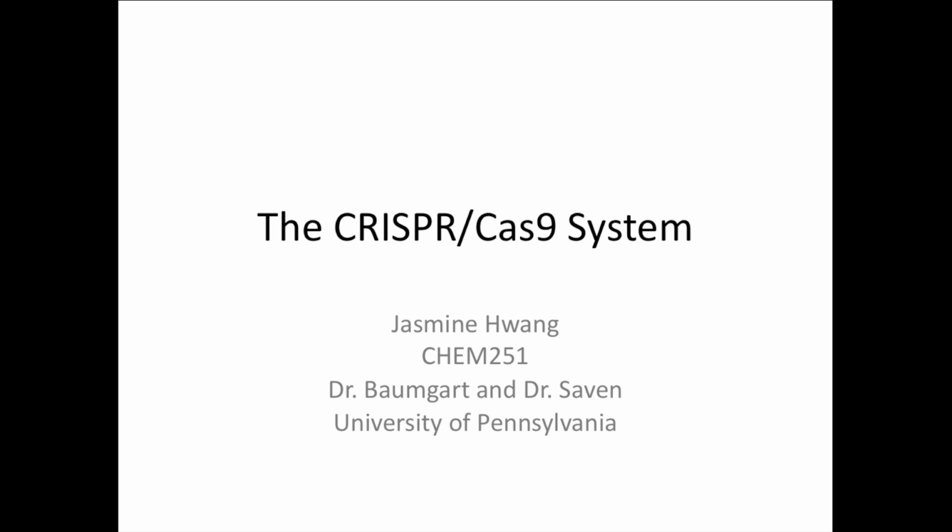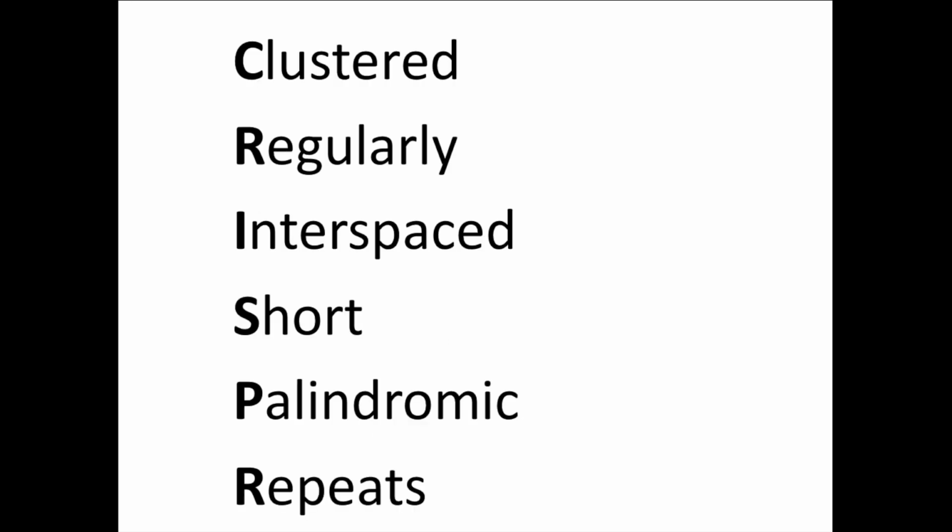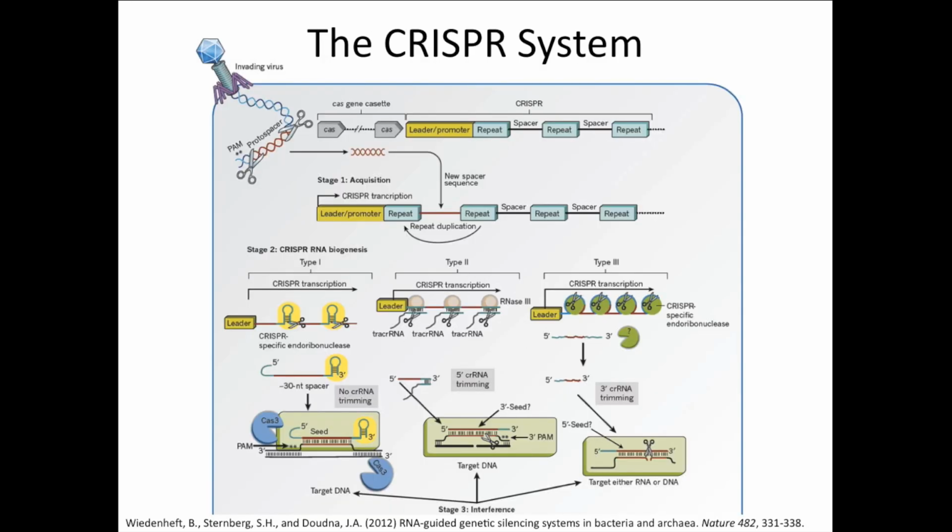The CRISPR system is an adaptive genetic immune system for bacteria and archaea that destroys foreign DNA, preventing its incorporation into the genome. CRISPRs are clustered regularly interspaced short palindromic repeats. The loci for the system was first described in 1987, but little to nothing was known about the system until recently. As more information is gathered about the system, it has been manipulated for easier and more affordable gene editing